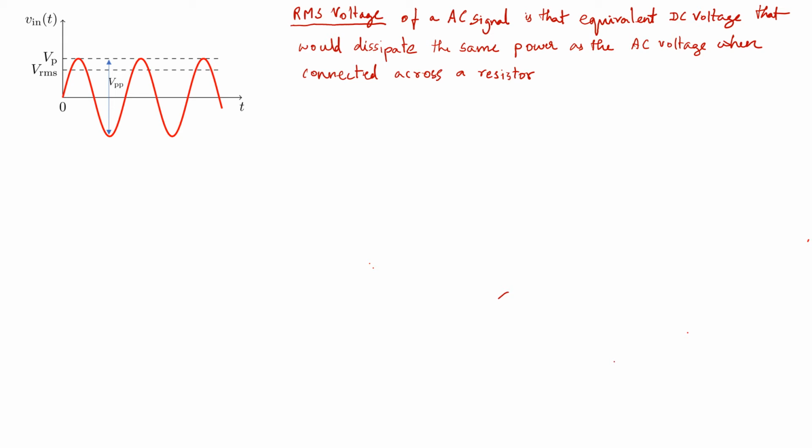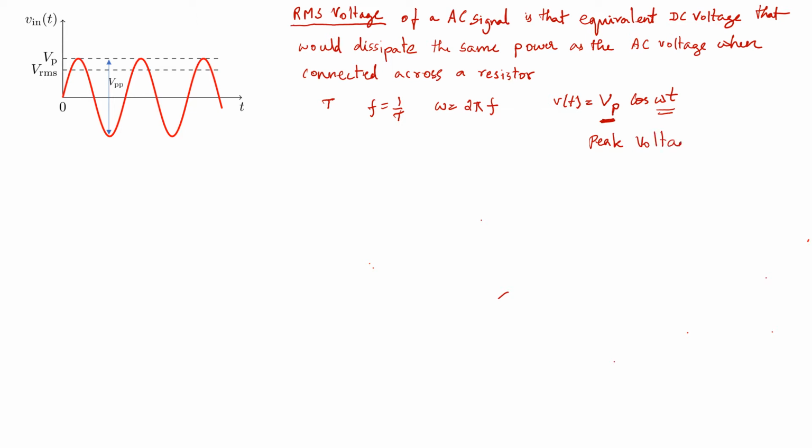We know that a time-varying signal that is periodic, with a certain time period T, has a frequency f which is 1 over T, and the angular frequency omega is 2 pi f. Such a signal can be written as v of t equals Vp cosine omega t. In general it can be written of this form, varying with time, and Vp is called the peak voltage,